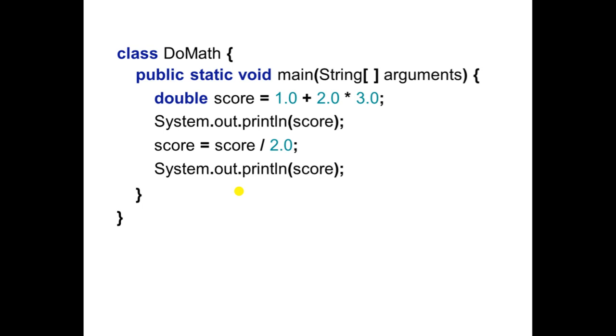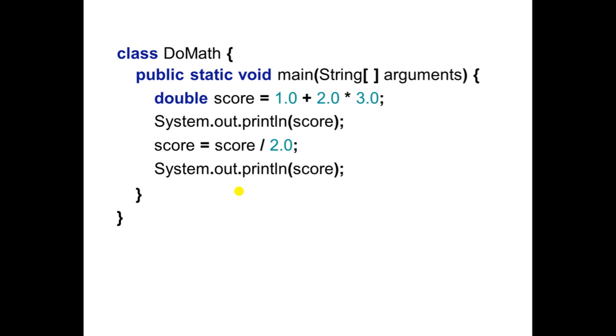Okay, so here is the example for you. What we have done here is create one class named DoMath and opened it, with the mandatory statement public static void main(String[] args) and an opening bracket. Whatever statements you write inside the main block will get executed. What is my first statement for the execution?